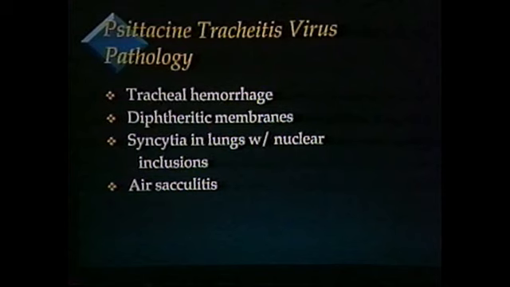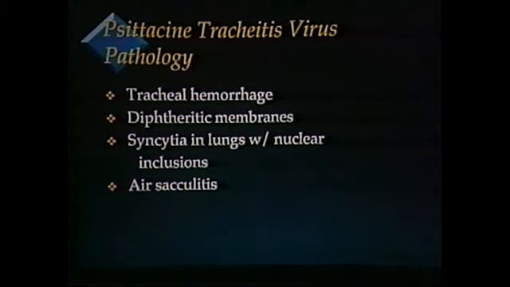Signs of disease that can be observed grossly include tracheal hemorrhage and diphtheritic membranes. As far as microscopic changes, there will be extravasated erythrocytes in the lumen of the trachea. Diphtheritic membranes may be observed. Interestingly, this viral infection causes the formation of large syncytial cells,